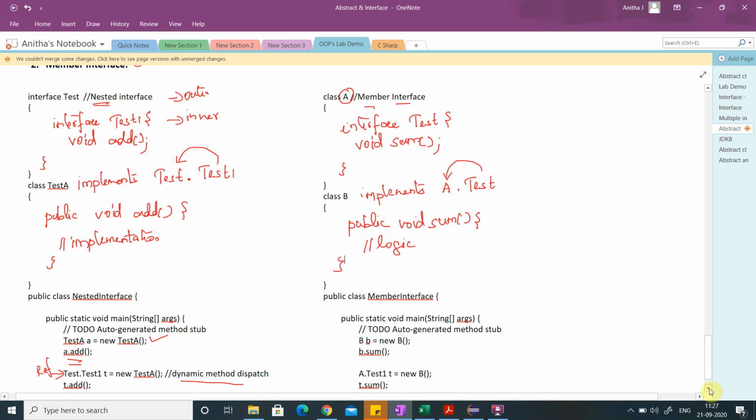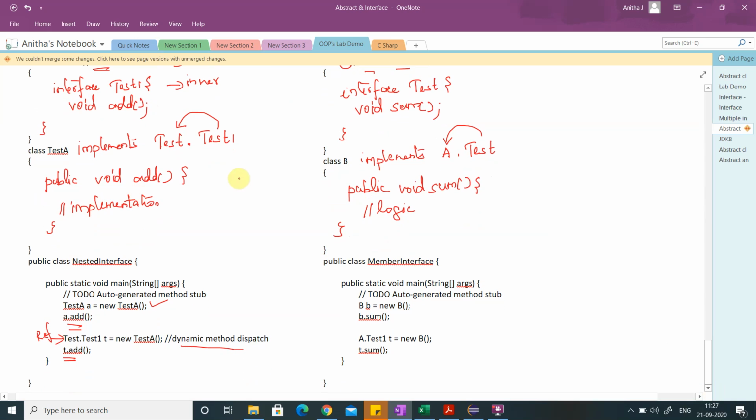So now we will create the object of B, then access the sum method, or by using the dynamic method dispatch, you create a reference of the interface.